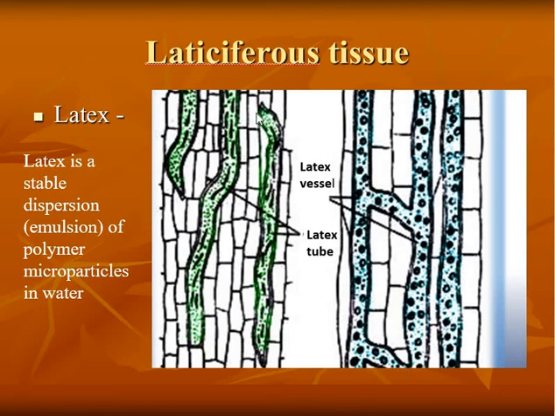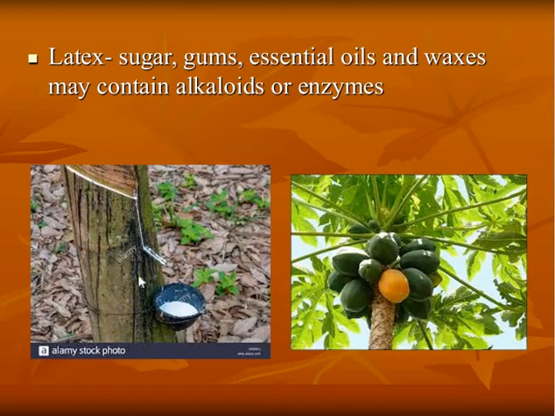But see this diagram here: the latex tissues are not connected together, they are free. One here, one there, not connected. When the laticiferous tissues are not connected together, they are called non-articulated laticiferous tissue. Take the case of rubber: it has articulated laticiferous tissue. That is the reason why whenever you are pruning, you get a lot of latex. But in the jack tree or some other trees, the laticiferous tissues are not articulated, so they do not allow continuous flow of latex.